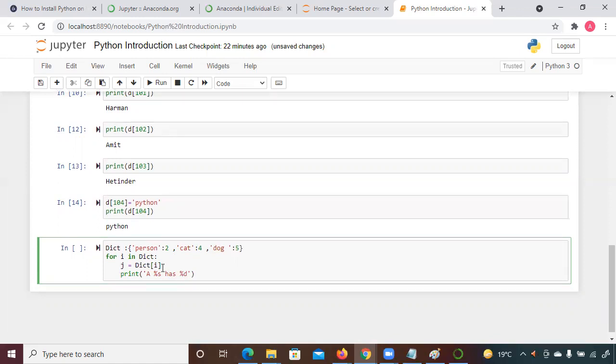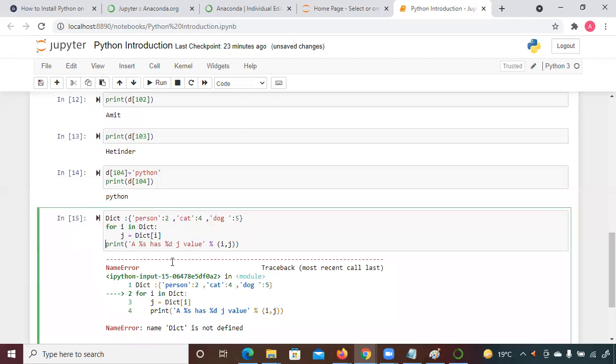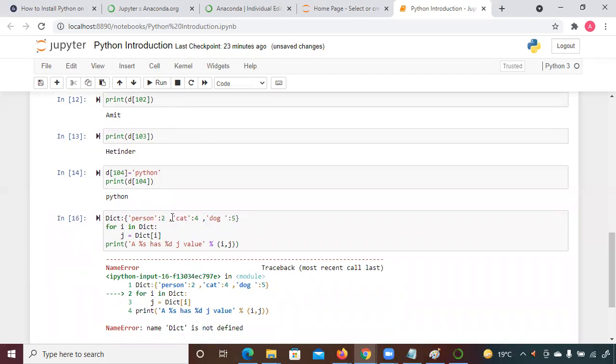Let me write it down, then I will explain. Okay, let me take capital D.